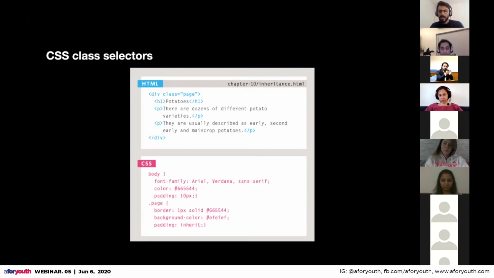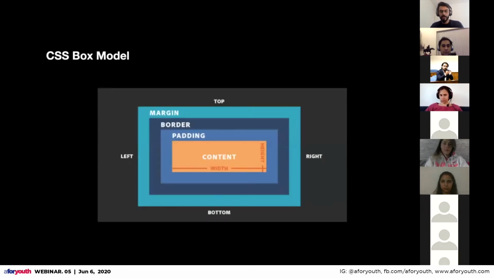But the problem with that is that in one website you have hundreds of h1s and p tags, right? So if you want every p tag to be styled differently, you have to add a class to it. You can name every class yourself, and then you can point to that class in CSS. So let's show that in practical examples because it's more understandable there.